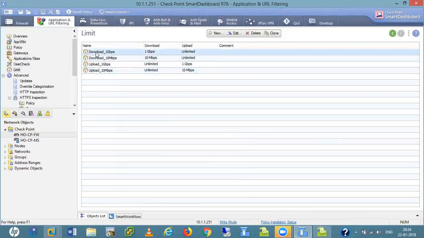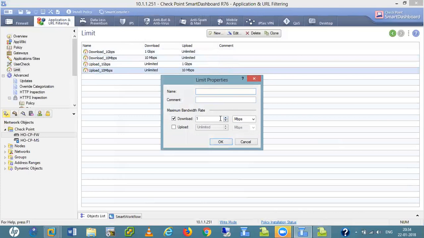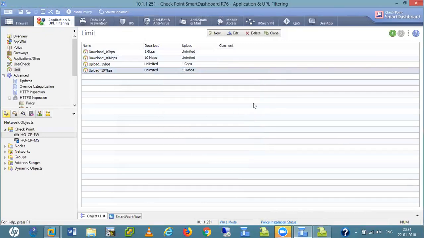If we set this limit, then the user can only download 1 Gbps; more than that he cannot download. Like that we set upload limits, download limits, all this stuff. We can also create a new one if we want. We give the name, here we give the download, and set Mbps, kbps and gbps, upload limit, all this stuff.